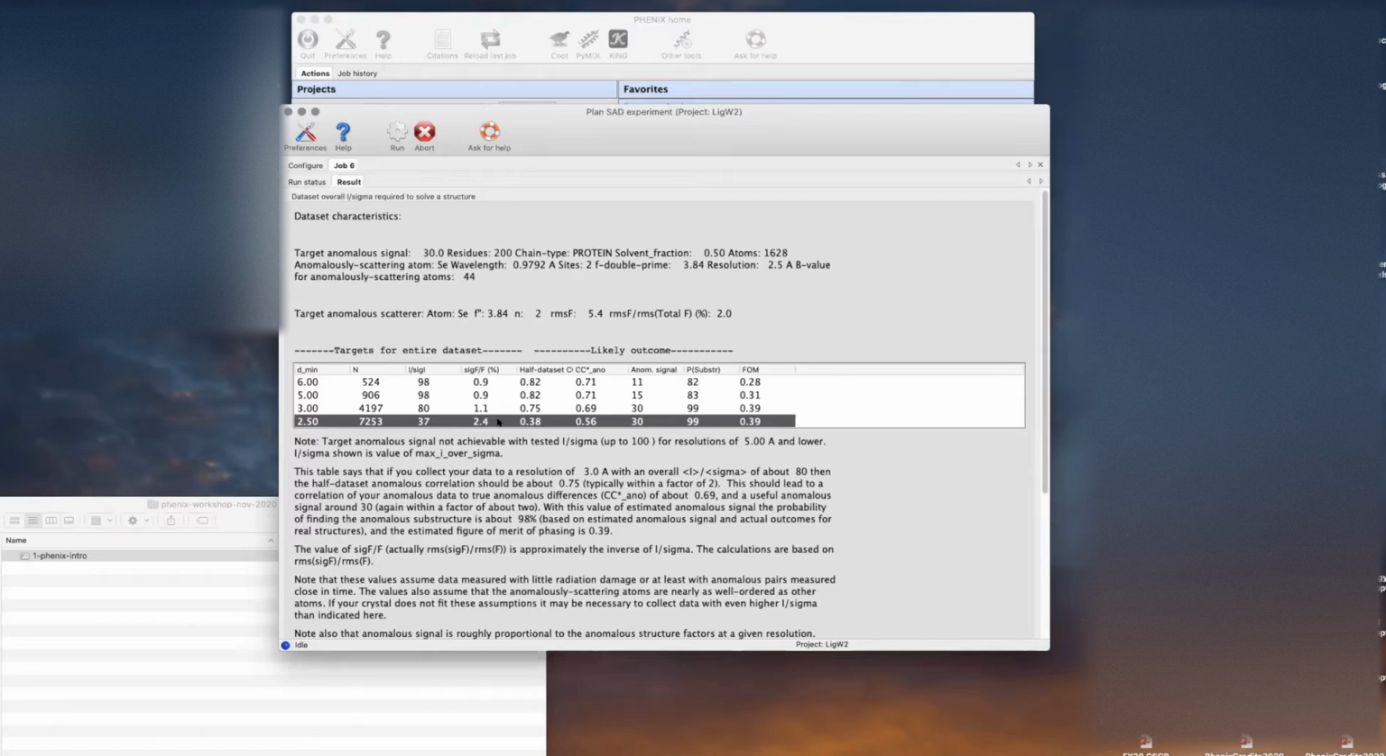And if we collected data to that accuracy, then we would expect, notice Paul was sliding over that. You can make these columns move in these tables in the results sections if you want by dragging them. So if you did that, and if you then split your data into two half data sets and you calculated the correlation of anomalous differences between the two half data sets, you'd expect it to be on the order of